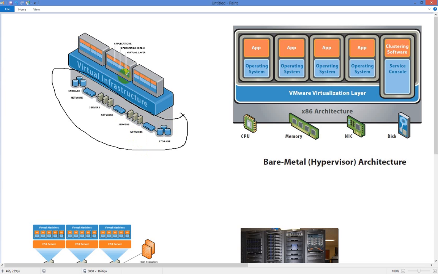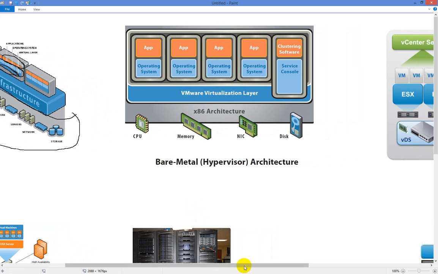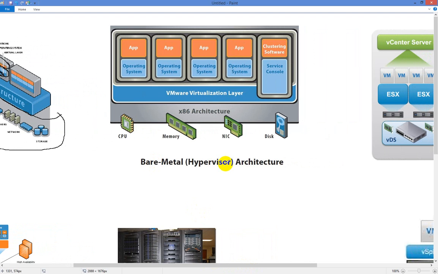So you have your virtualization layer, which is this guy right here. We have your operating systems right here. And then we have our application layer right here, which is going to be the application. Now, a tighter look at it would be like this, where this is a bare metal hypervisor. Basically, the idea behind this is you take what they refer to as the abstraction layer. The abstraction layer is the part that sits between the guest operating systems and the physical architecture of the box.